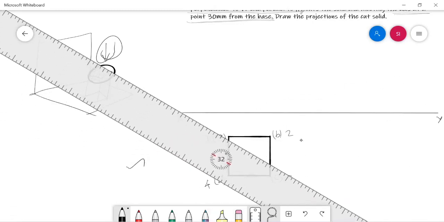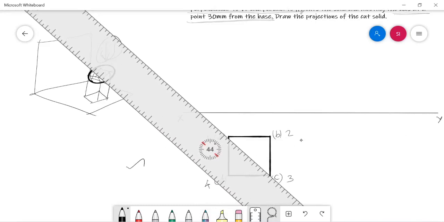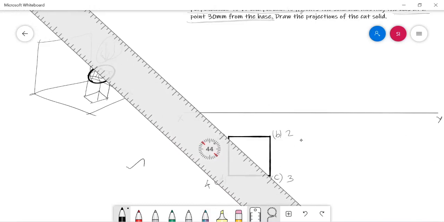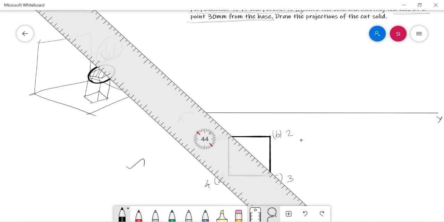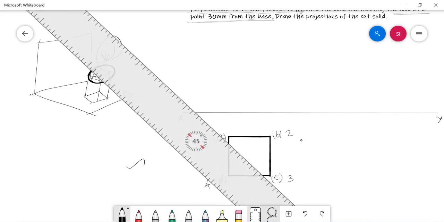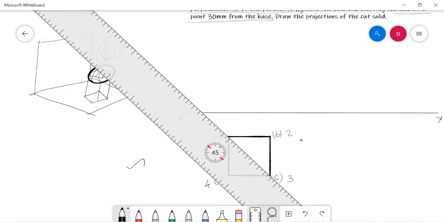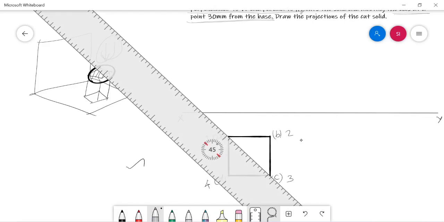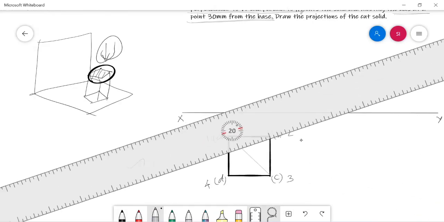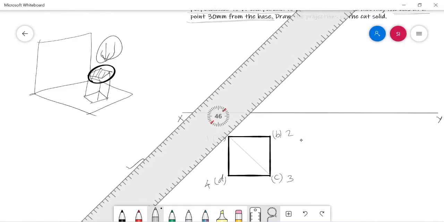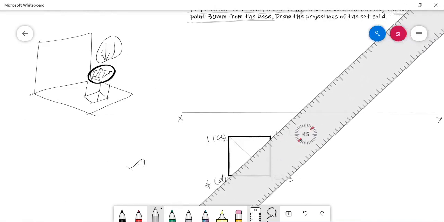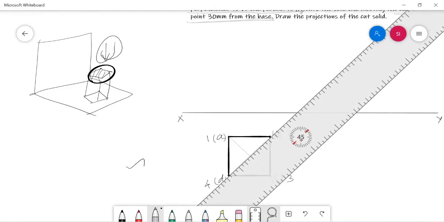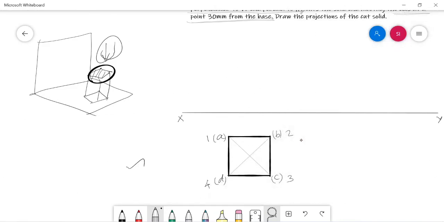And then let me identify the axis. I just identified the axis of the solid.